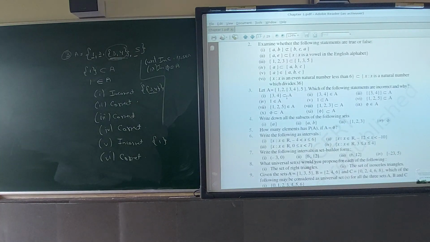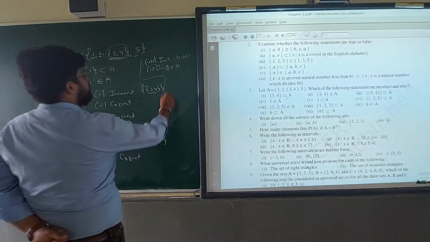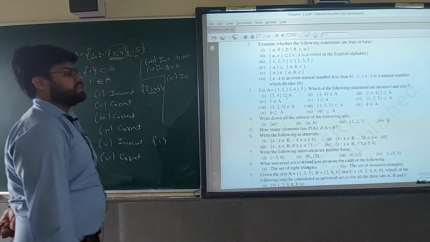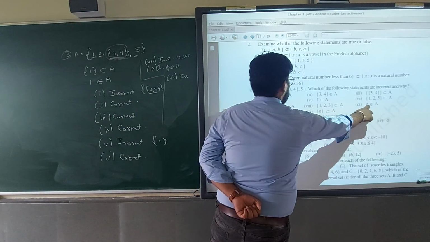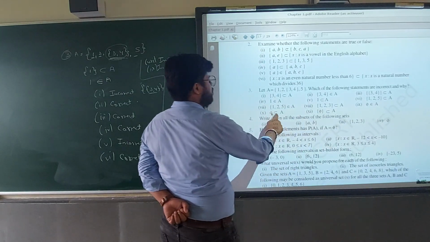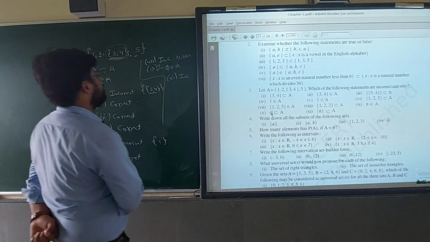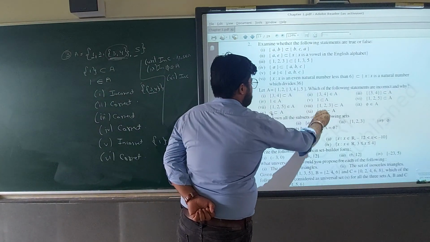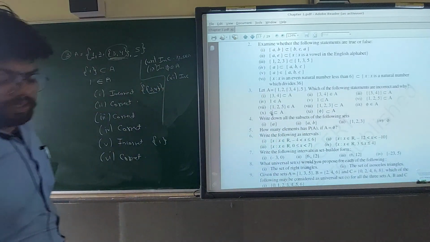Now what do you think? If you write 5 in the bracket, is it correct or not? Is a confusion there or not? Just tell me. Confusion was there: Sir, how can you write the 5 in the bracket? No. 11th one is also incorrect. We can't write 5 in the bracket. Just now I reminded you, this one is incorrect. This one is also incorrect. This only is correct, 5 is subset of A. We can write 5 subset of A only. We can't write these in the curly brackets. 5 we can't write in the curly brackets.